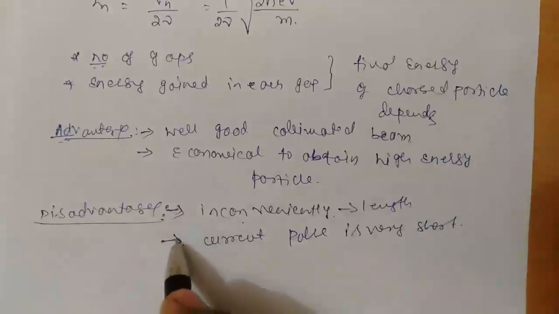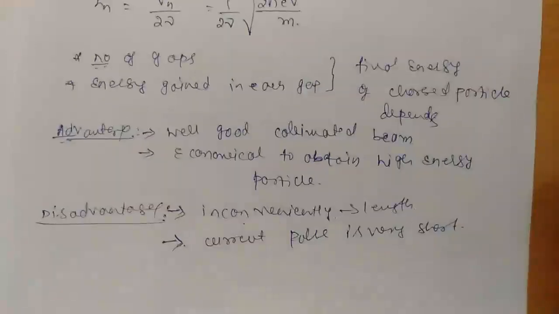The second one is that since we are using ions, the ion current, or the current pulse, that is available at the output, the energized particle, is a very short impulse. It has a pulse which is very short in time. Why? Because we inject the charged particle at a very appropriate moment, so the pulse you get at the output is very short in time. So these are the two disadvantages of the